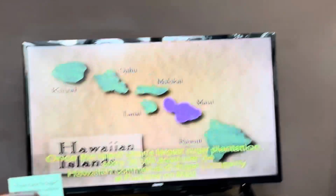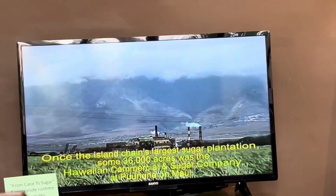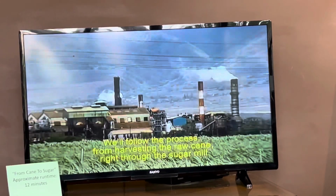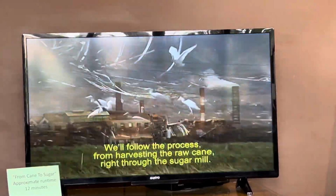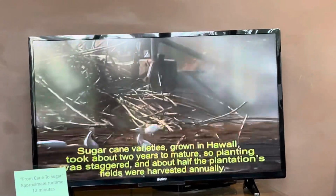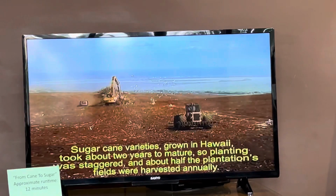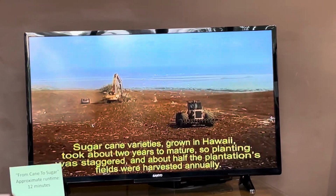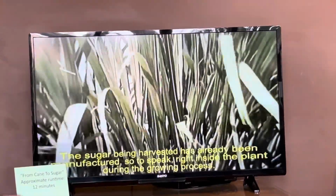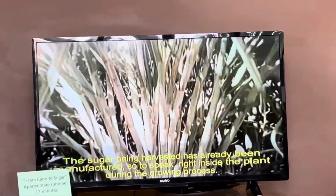Once the island chain's largest sugar plantation, some 36,000 acres, was the Hawaiian Commercial and Sugar Company at Pu'unene on Maui. We'll follow the process from harvesting the raw cane right through the sugar mill. Sugarcane varieties grown in Hawaii took about 2 years to mature, so planting was staggered, and about half the plantation's fields were harvested annually. The sugar being harvested has already been manufactured, so to speak, right inside the plant during